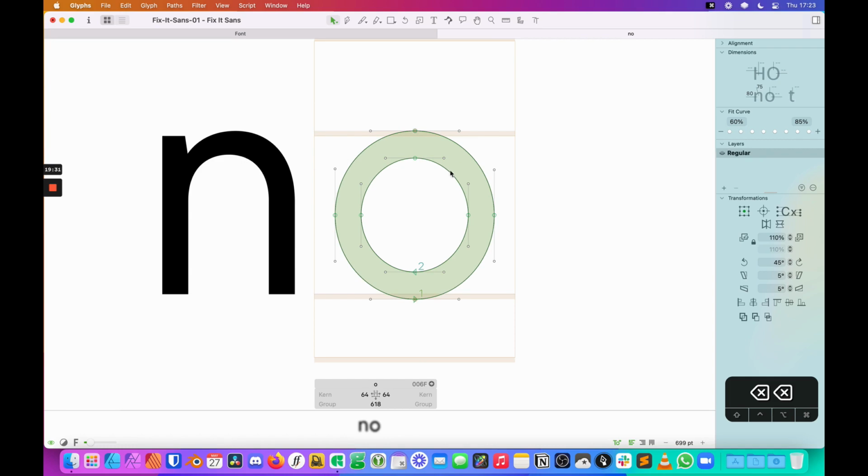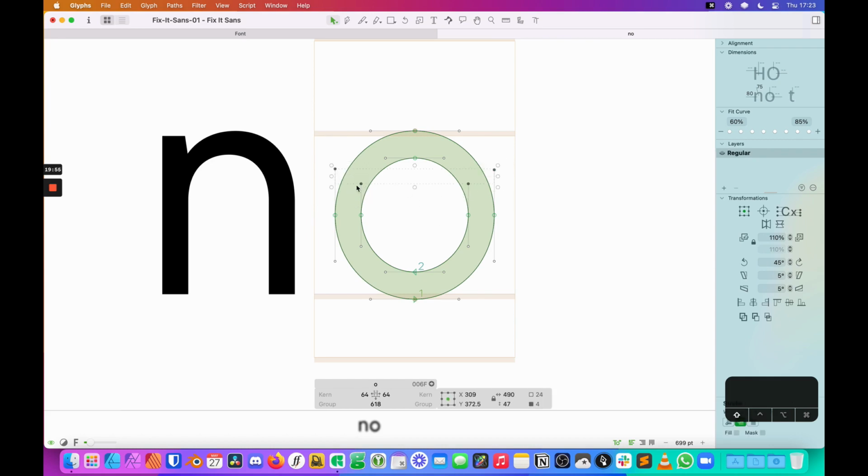Now the other thing that I want to keep in mind as well is when you do have a perfect circle like this, we do have a few other things that we want to keep in mind. Number one, what looks like a perfect circle in font design is quite often not. Usually it has a little bit more of a squarish shape to it, or it feels like it's got a little bit more of a squat to it. There's a couple ways that you can go about handling this in Glyphs.